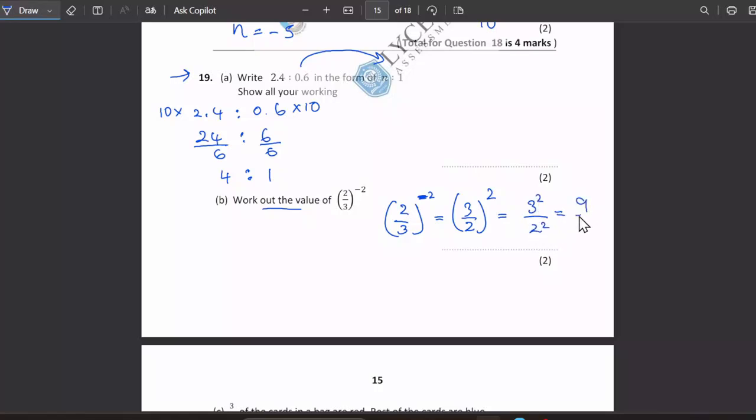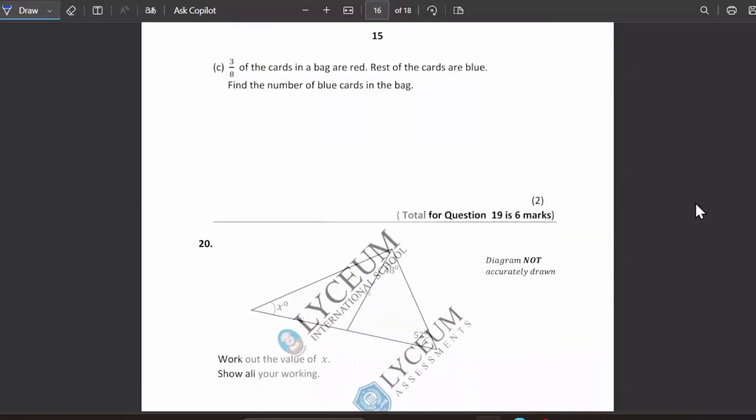Then it becomes 9 over 4. I can even write the decimal value. It is 4.5 divided by 2, which is 2.25. So 2.25. Okay. Now in the C part, they are telling us 3 over 8 of the cards in a bag